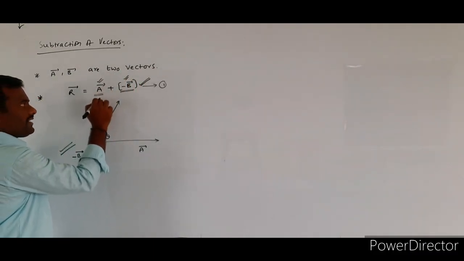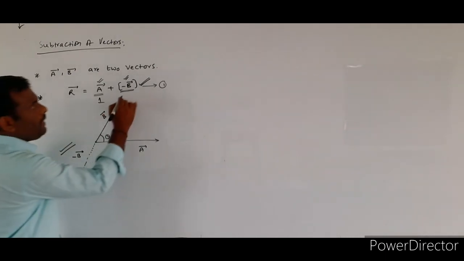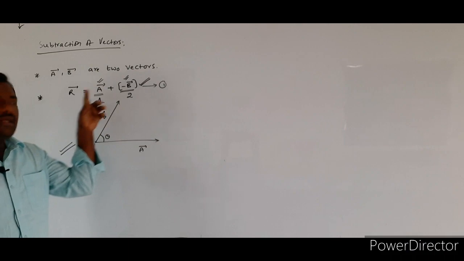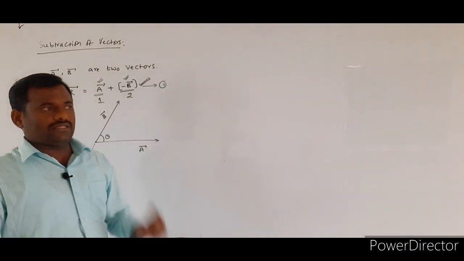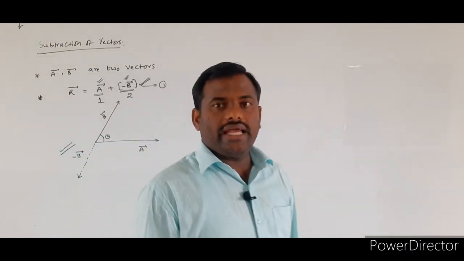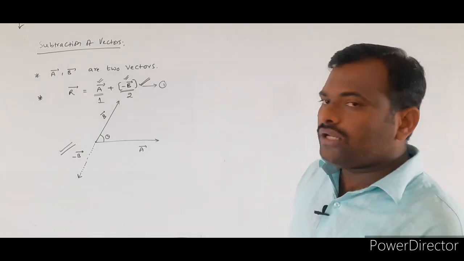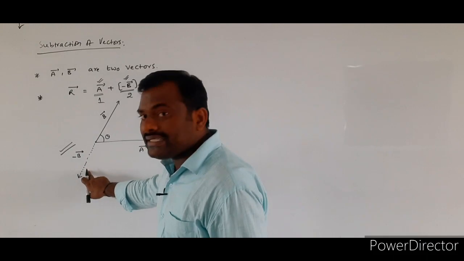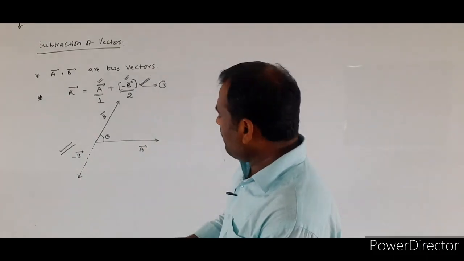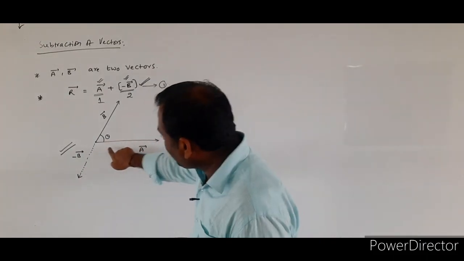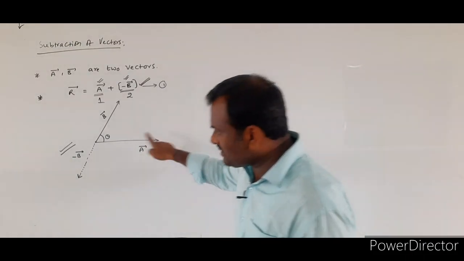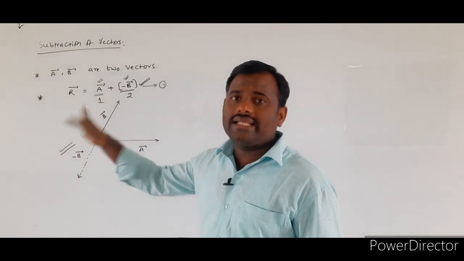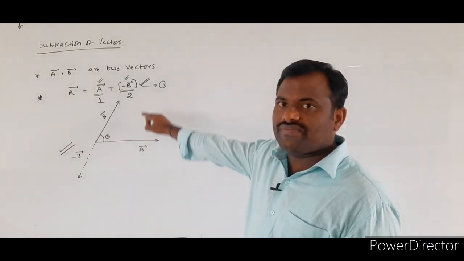A bar is the first vector, and minus B bar is the second vector. If you want to add any two vector quantities, go back to the rules. What is the first rule? Those two vectors must be represented by directed line segments. From the given diagram, A bar is represented with a directed line segment, and minus B bar is also indicated with a directed line segment. That is, the first condition is valid here.